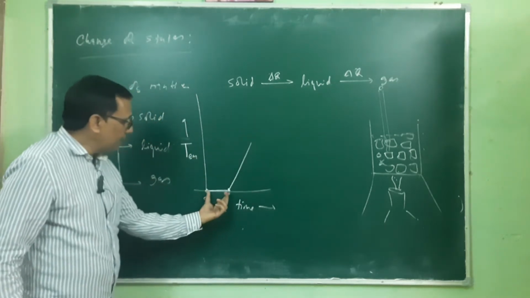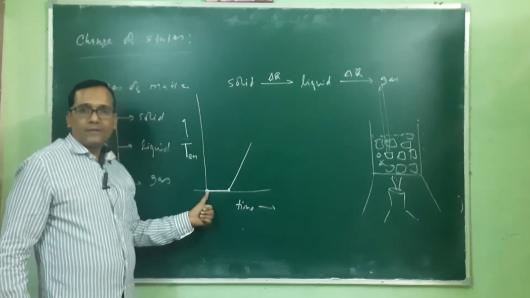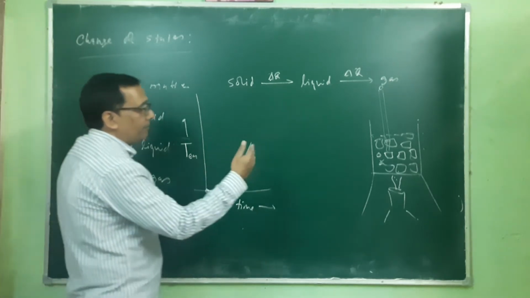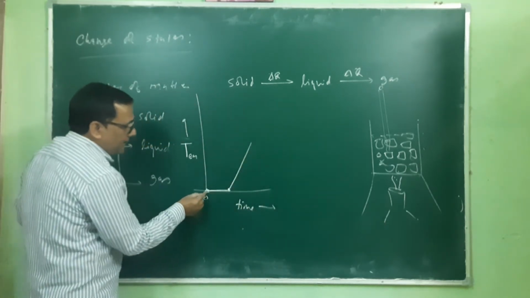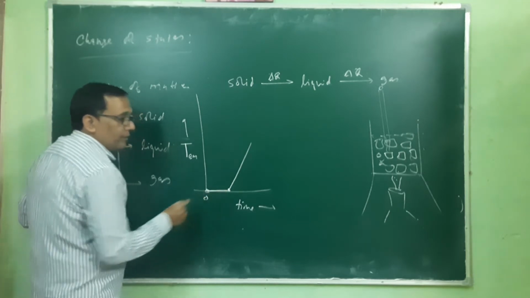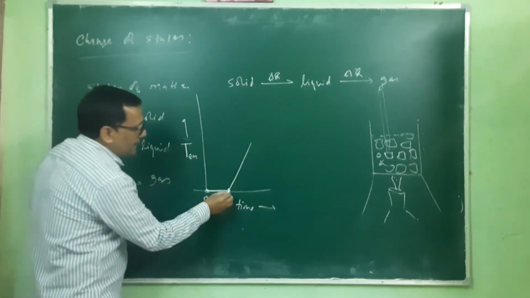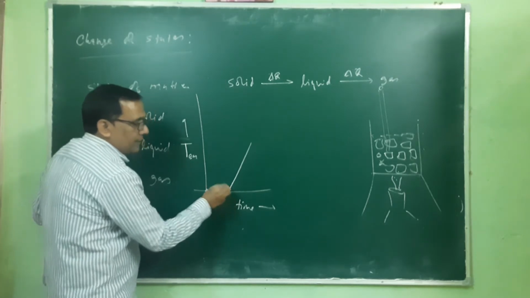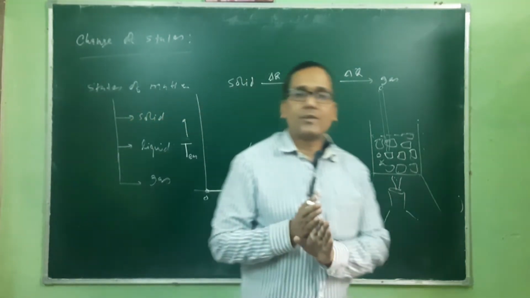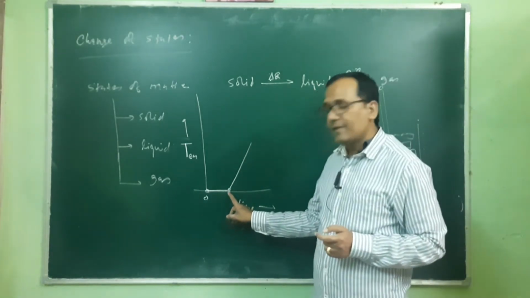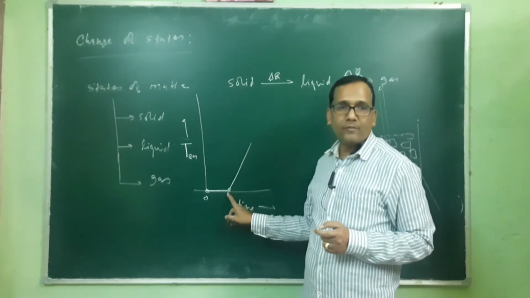If the complete ice is melted and we further provide heat by the burner, then the temperature starts increasing. In this state there is complete ice, in the solid state, and during the melting of this ice, the solid is converting into liquid. When the complete ice is melted, the system is in the liquid state, meaning we now have water, but the temperature of the water is still 0 degrees centigrade.